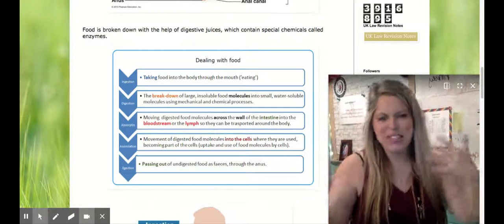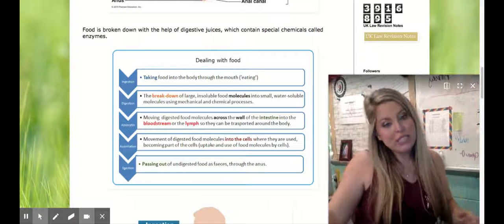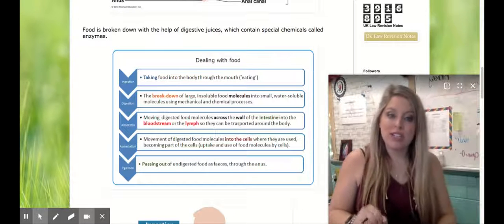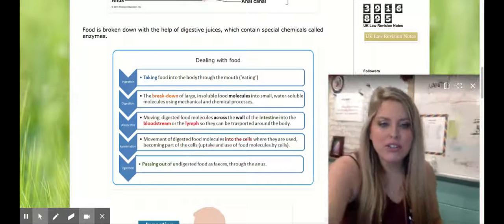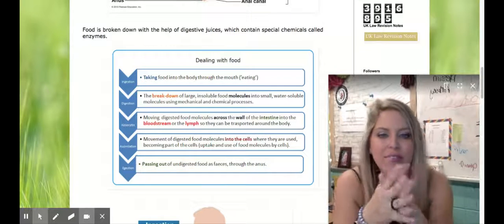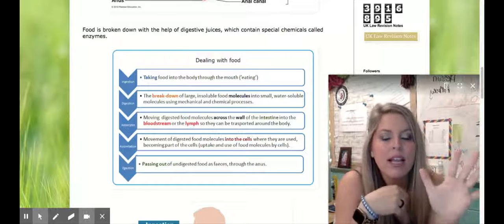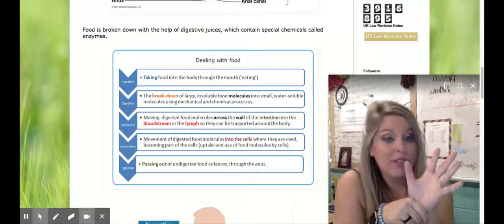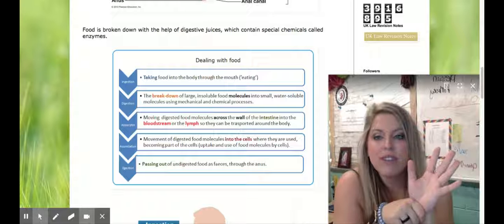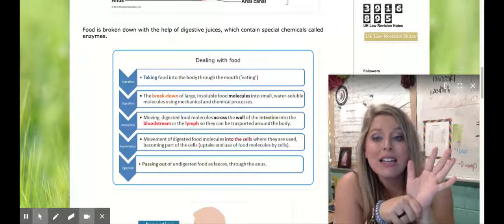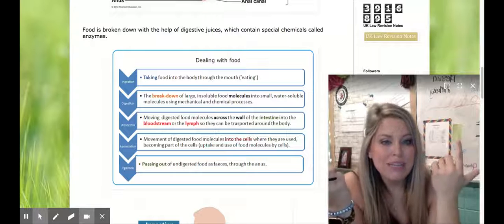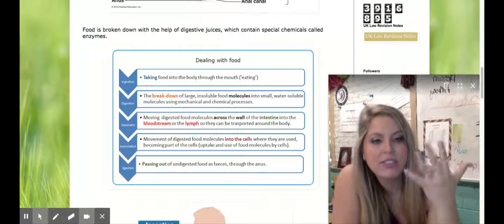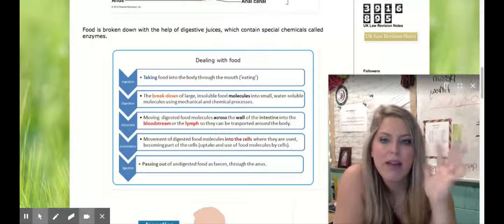Section 7.3-ish. We are going to start talking about chemical digestion and the alimentary canal. But first, I wanted us to understand, when we're dealing with food, 5 very, very important terms that you need to make sure you have written down in your notes and that you understand. The first, ingestion. That's taking in food through our mouth, which is how we eat, right? So the first point of contact for any nutrients for us is ingestion through the mouth.